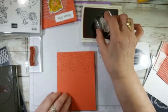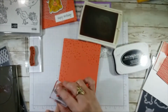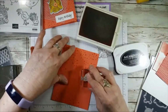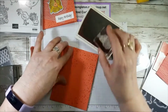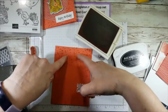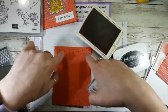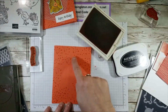Although, you do want to make sure, and you can turn it around at different angles as you go around. I'll show you what I was just talking about when I get to the end. So if you go all around the edge, like so, you're going to want to make sure you have something in this corner, like in this inner area. You want to make sure you have something in these little areas. Do you see what I mean? If you went all the way around the edge, you still want to do here, here, here, and here,